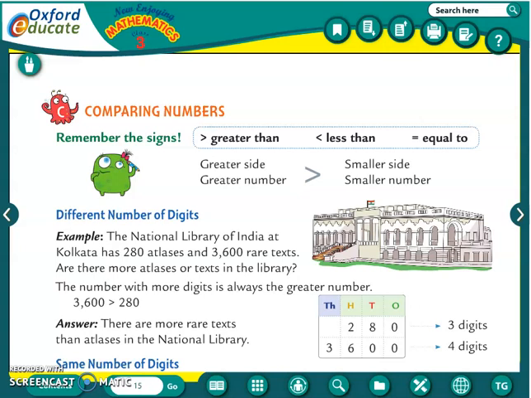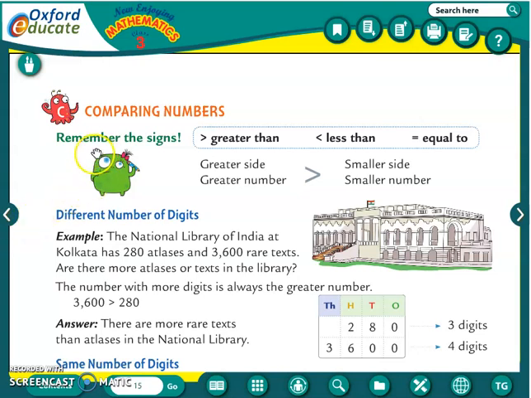Hello everyone. Now it's maths time, and in maths we are doing the chapter place value. In the last period we had learned about the place value of each digit in a number. We had seen 4-digit numbers and its place value. And of course we can build a number also from the place value. Now we will see comparing numbers.